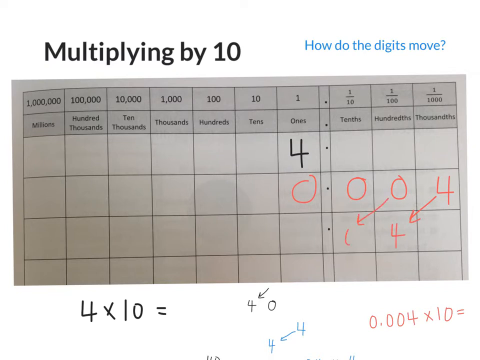But I can show it like this. All these digits are shifting, okay? This one, I don't really need to because it doesn't have value, but that's okay. So what is the answer? Now my 4 is in which column? So the answer is 4 hundredths, and I can write it by writing 0.04. So this shows us that in order to multiply by 10, we have to shift the digits to the